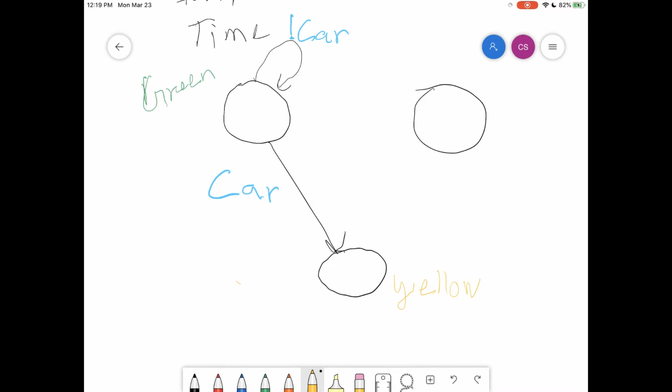So that'll turn our light yellow, and then we'll stay there for one amount of time while the light's yellow, and then from there we'll just automatically move to this state where the light will be red, and we'll stay there hopefully long enough for the other cars to go by. So this can become maybe a kind of slow moving time machine, and then after it's red for a while and all the cars on the other way were able to go, we'll turn the light on the highway